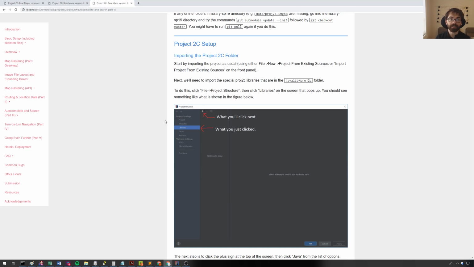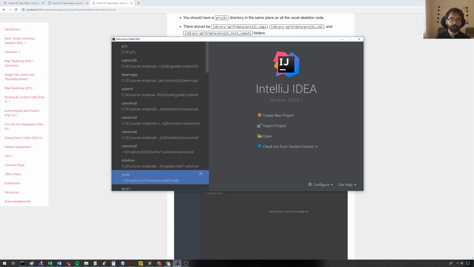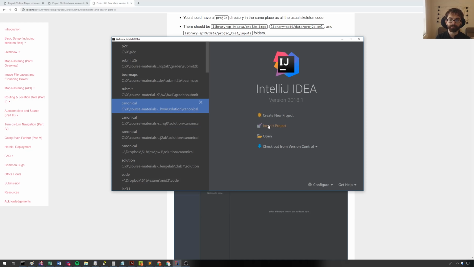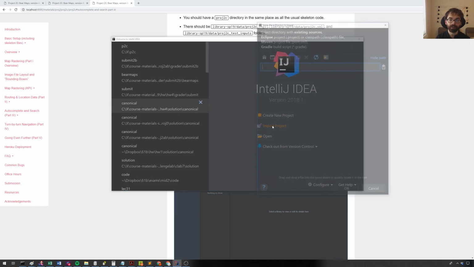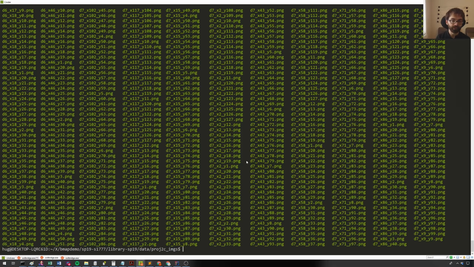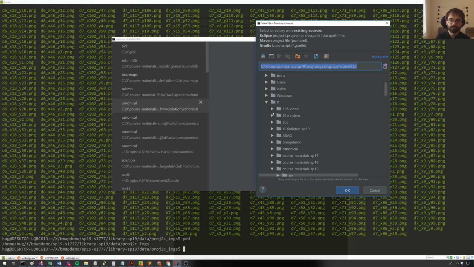So next up, let's talk about how to import the project. So what I'm going to do is just the usual thing. So I'm going to open up IntelliJ, and in this case, since I'm at the front page, I'm going to say import project, as opposed to file new project from existing sources. So since I'm here, I'll say import project, and then I will go to my folder, which is Bearmap demo,